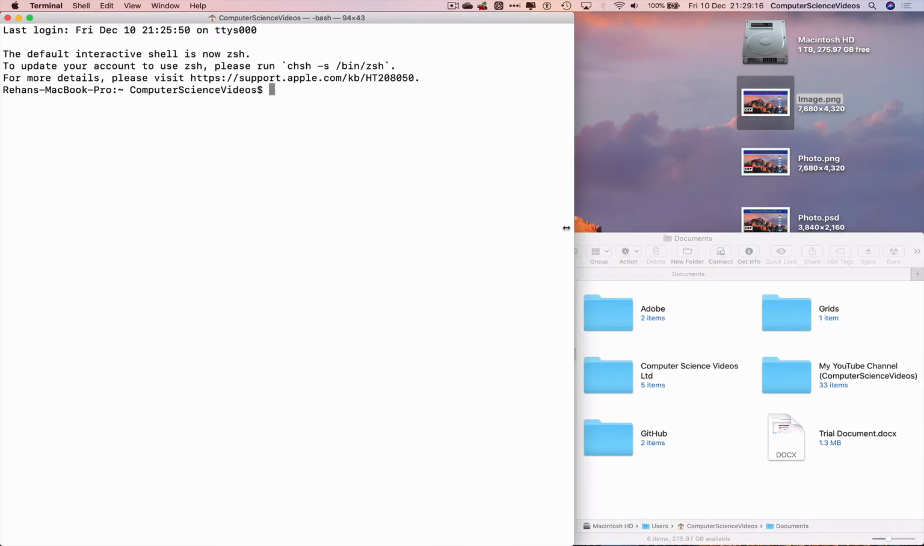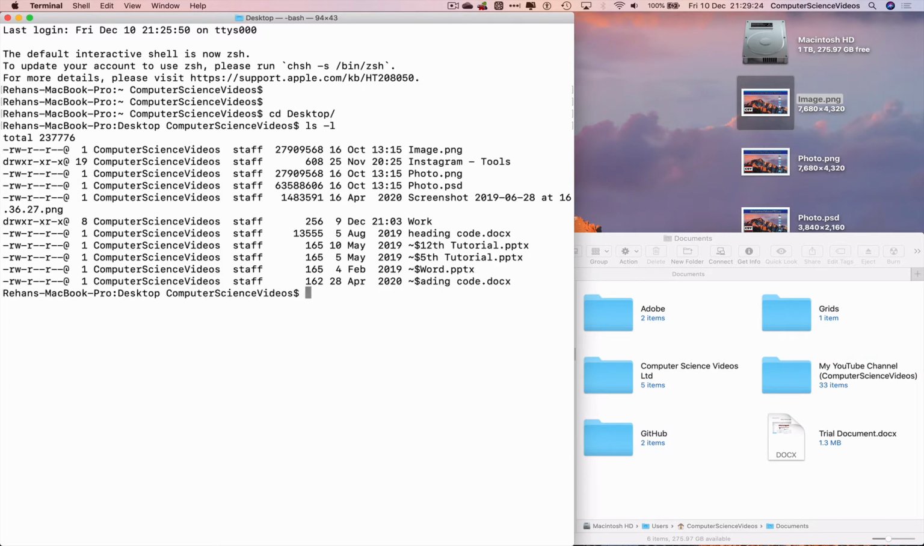And so let's now navigate to the desktop. cd Desktop, ls -l, and the command is mv, as we are moving an image from the desktop. So tilde, Option-N, /Desktop, tab, image,